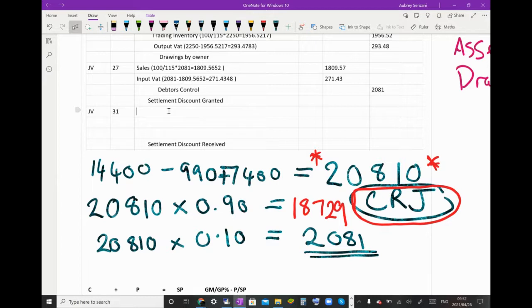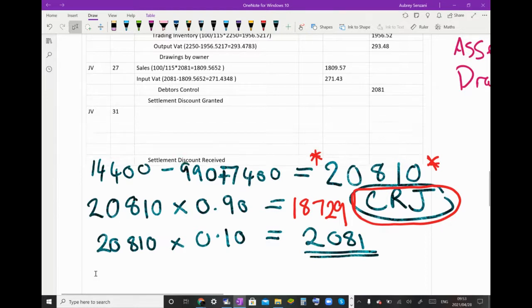Okay. All right. So 31st. That was with Upland Wholesalers. Payment in full, 5% discount received. Again, there's an error there. Should be received, not granted. Cool. So again, they haven't given us the amount. So again, what do we need to do? We then now need to calculate how much did we owe these guys